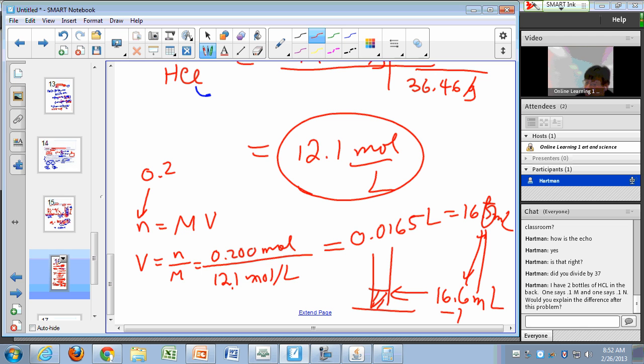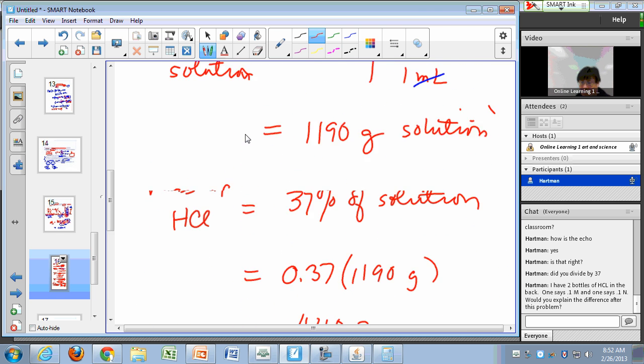Remember, we're uncertain about that last sig fig, so that's just a round of error that built up because I did not keep the extra digit there. Okay, so this is another way I could have solved the problem. I could have known right away. Actually, I already know that it's 12 moles per liter HCl. But oftentimes, what you see on the bottle is not 12 molar, but you'll see that it's 37% HCl by